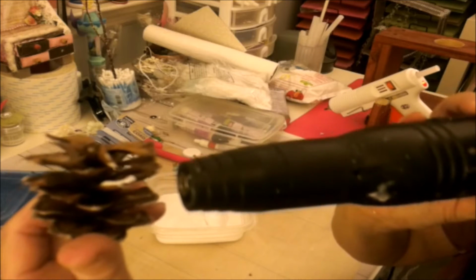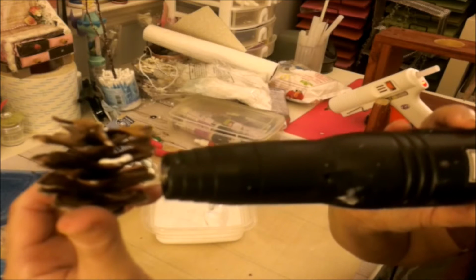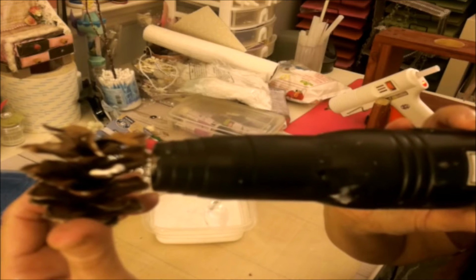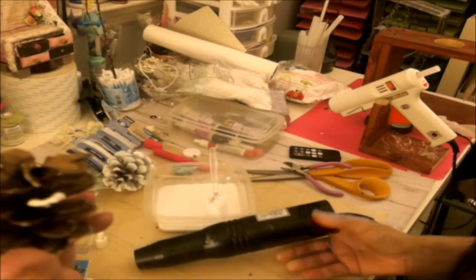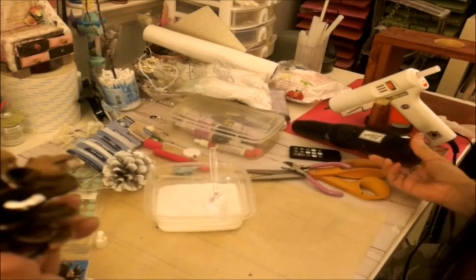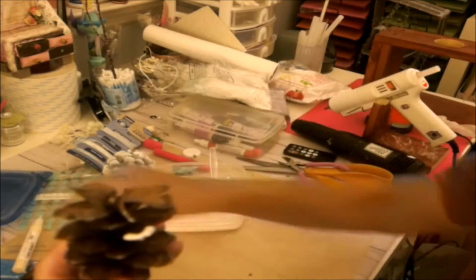Okay, I wasn't on it. I was wondering why it was making me look like a light. You see how it's starting to puff? Is that beautiful or what? Look how it puffed. It actually got more puffy, and it actually looks like snow, and that's why I love